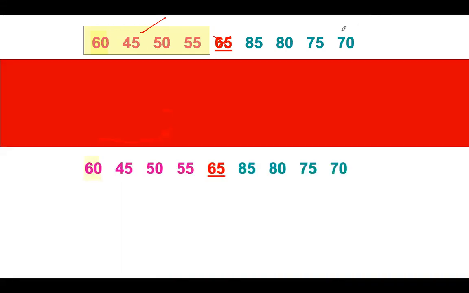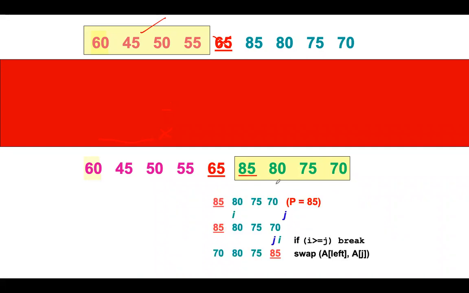Again, the same we shall see for the right part of the array. Once you go here, it will sort the left part, and then we'll come back to the right part of the array. In the right part, what is the pivot element? Again, the pivot is 85. I value here is 80, j value is 70. A of I is not greater than 85, so increment I.